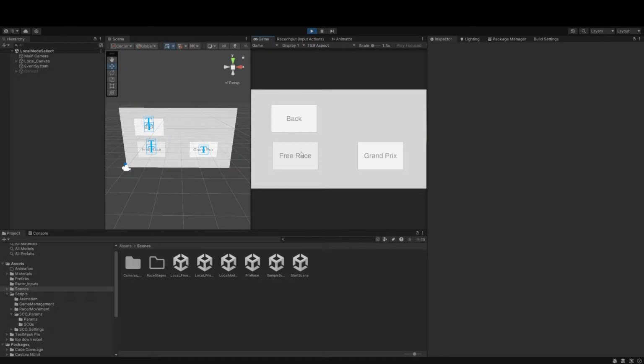I want to be able to just go into free race or Grand Prix and just be able to select the racers and stuff. Kind of like, if you remember, I think Brawl still uses a system like that, where you just move your cursor around and drop it on a character, and that's how they select characters per player. This one will be a little bit different. It'll just be like a slide swipe, like a carousel